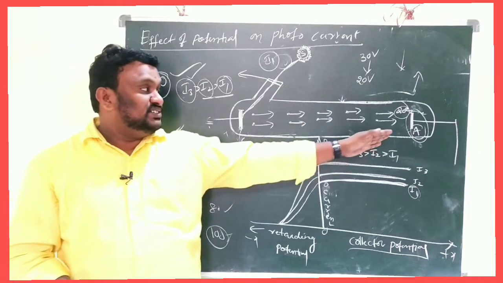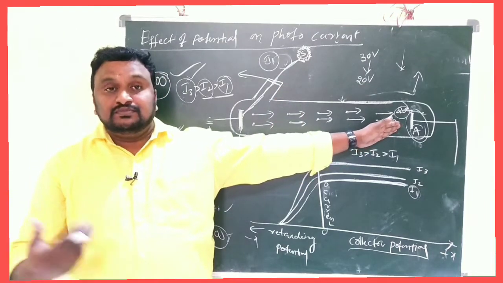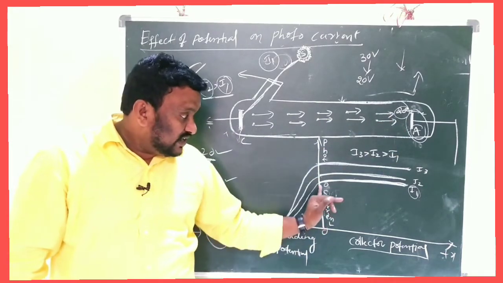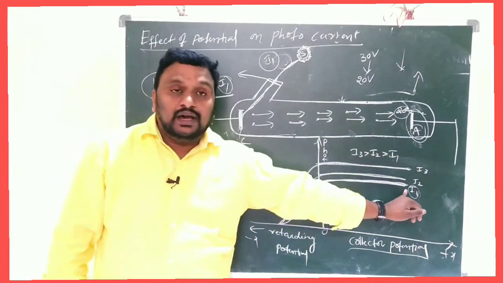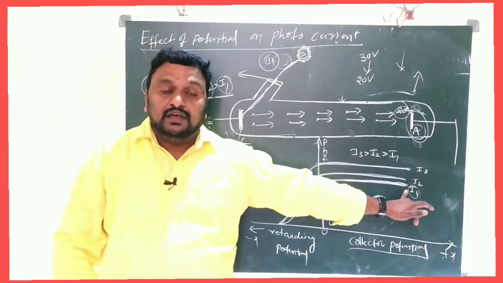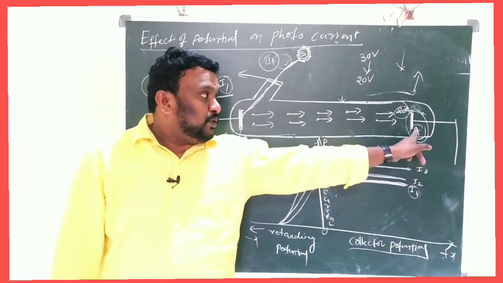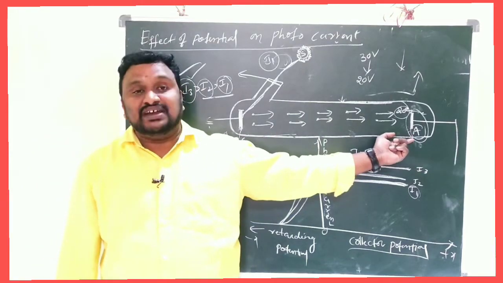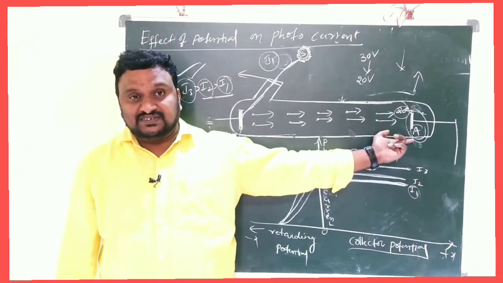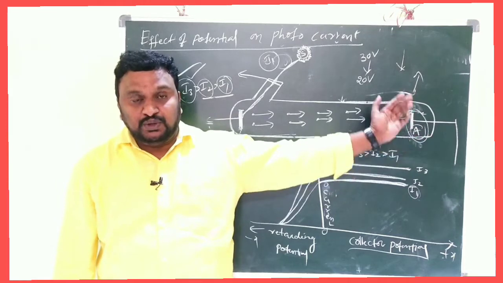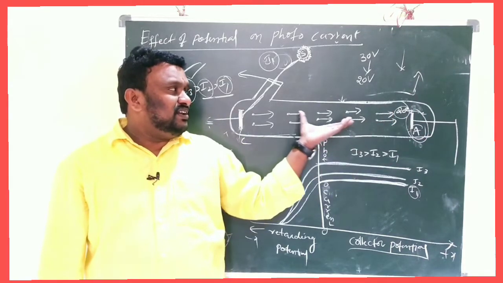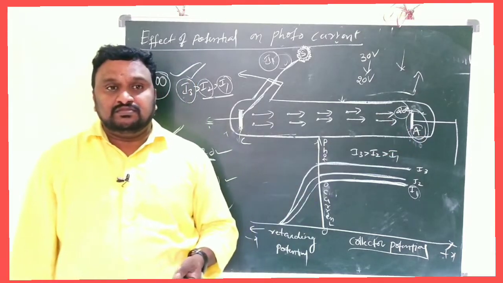Initially A is positive and we are increasing the positive potential of A, then we are getting the I1. Clear? And after that, the polarities change. This is plus and this is minus. A becomes minus. That means negative charge is given to A. Then what you observe is there is some repulsion between electrons and the negative charge.